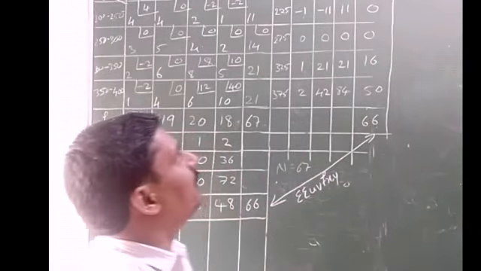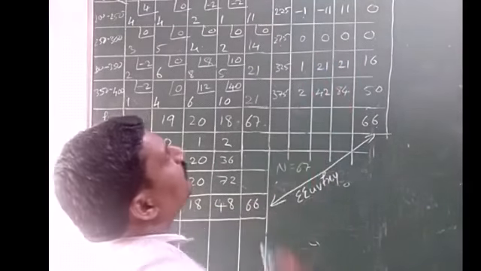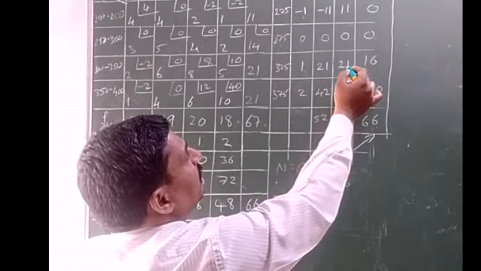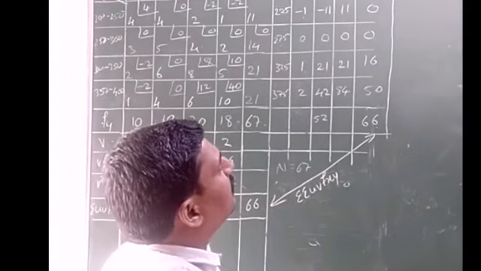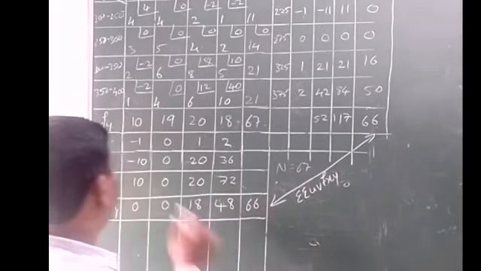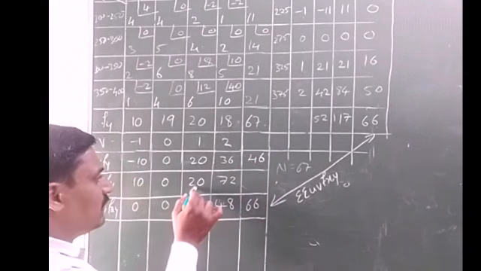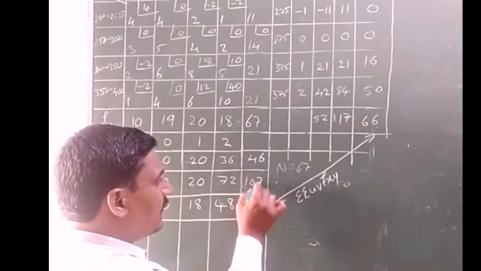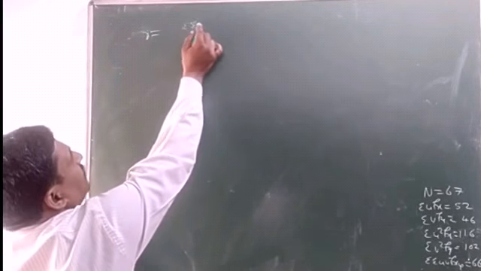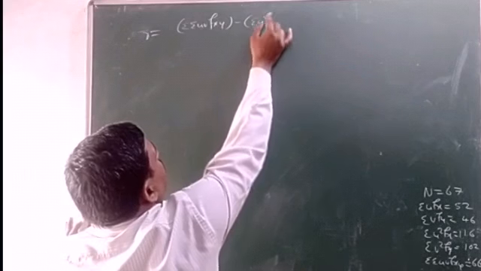Now make total of remaining columns here. So minus 11 plus 21 is 10. 10 plus 42, 52. 11 plus 21, 33. 33 plus 84, 117. Next here, minus 10 plus 20, 10. 10 plus 36, 46. 10 plus 20, 30. 30 plus 72, 102. So final correlation R is equal to summation of summation UV fxy minus summation ufx into